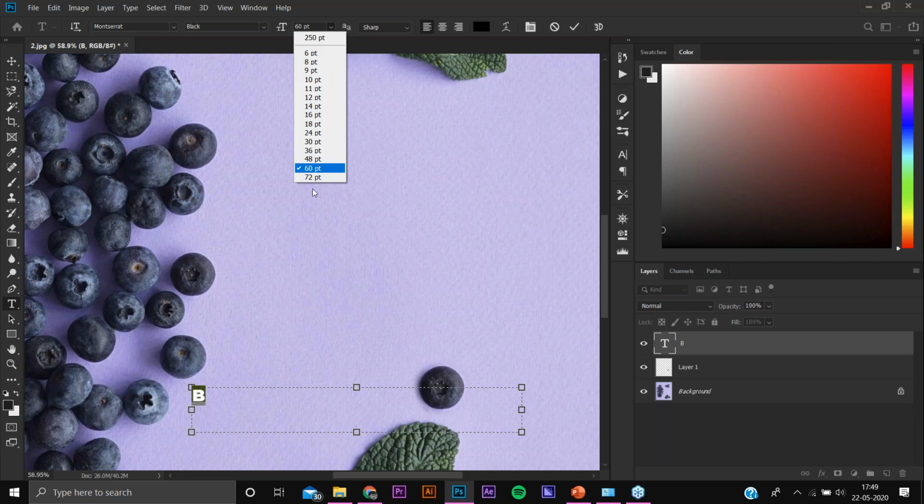Okay, the font size was too large, so it wasn't visible. We make the font size a little smaller, 150. Let's see.